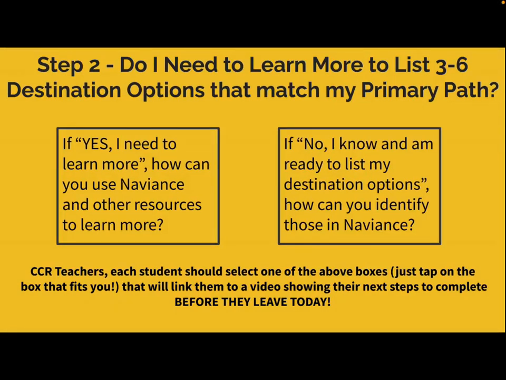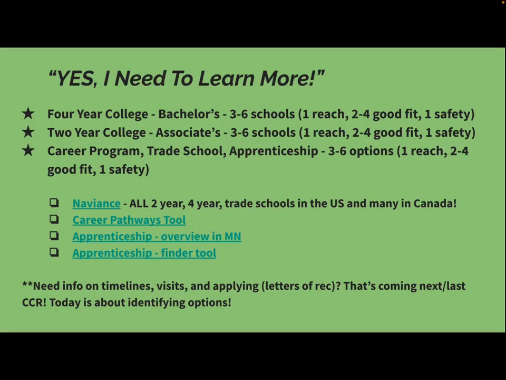Okay, everybody, you just made a choice on this step 2 of, I need to learn more. And I've got to figure out how to use Naviance and other resources so that I can start listing my 3 to 6 destination options in Naviance. So here we go. As you keep going through the slides, you will notice that there is a screen for